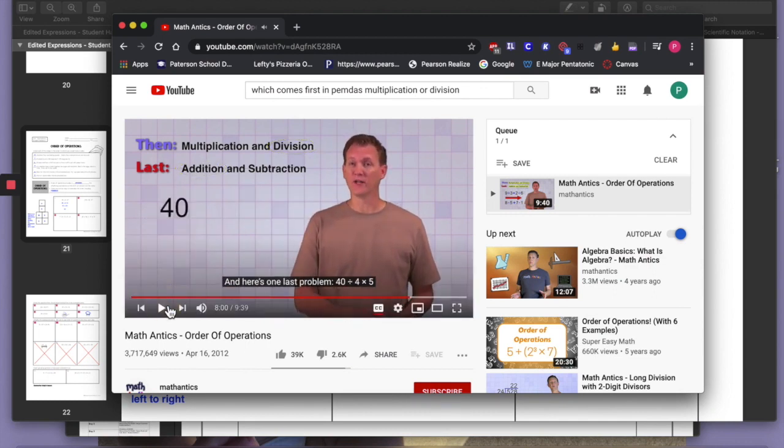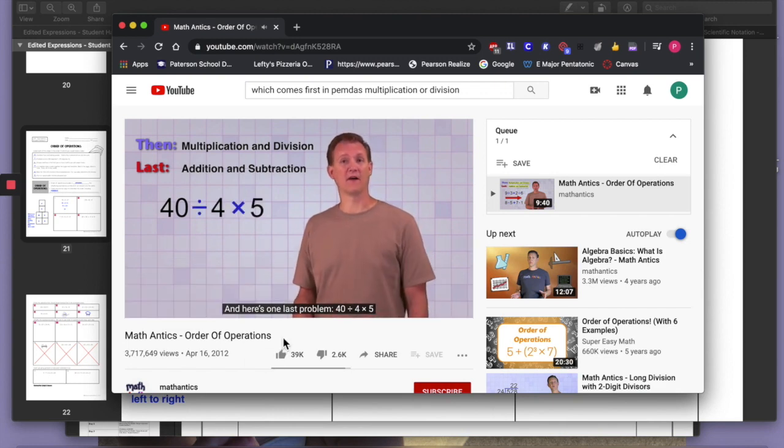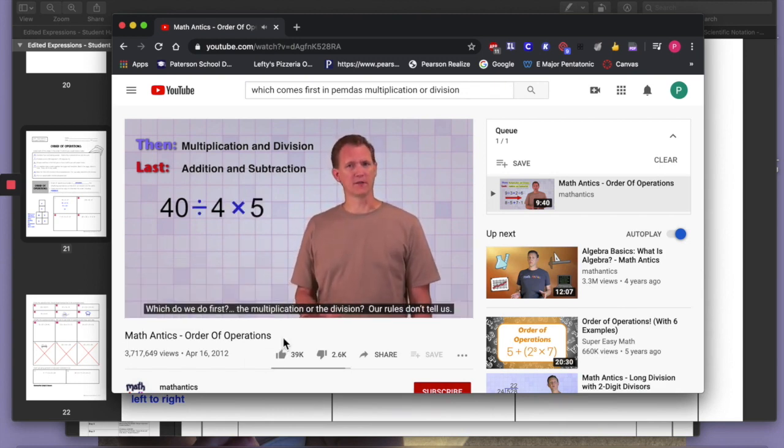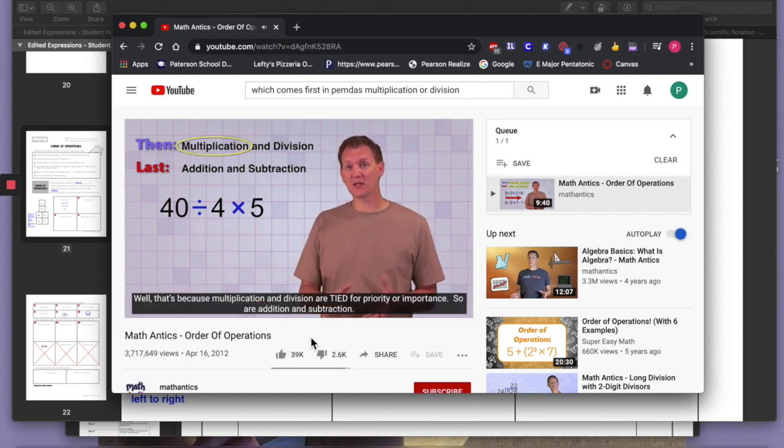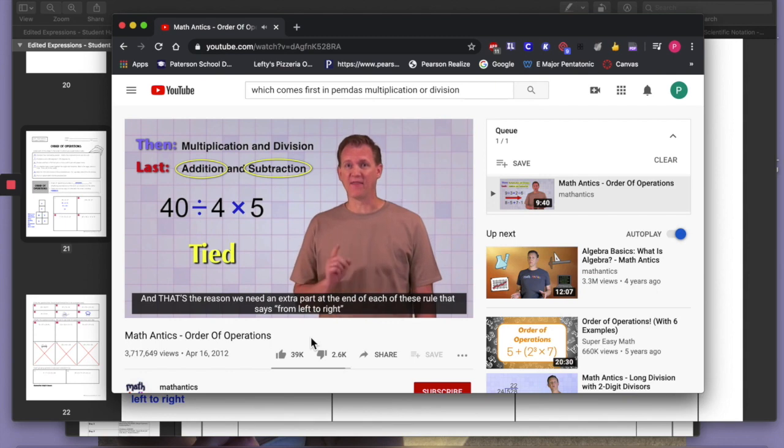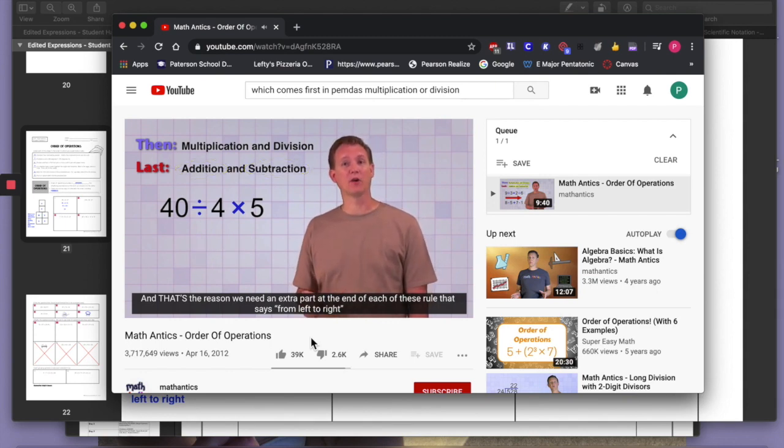40 divided by 4 times 5. Here is the rule right here: we need to read the expression left to right. Which do we do first, the multiplication or division? Our rules don't tell us. Well, that's because multiplication and division are tied for priority or importance. So are addition and subtraction. And that's the reason we need an extra part at the end of each of these rules that says